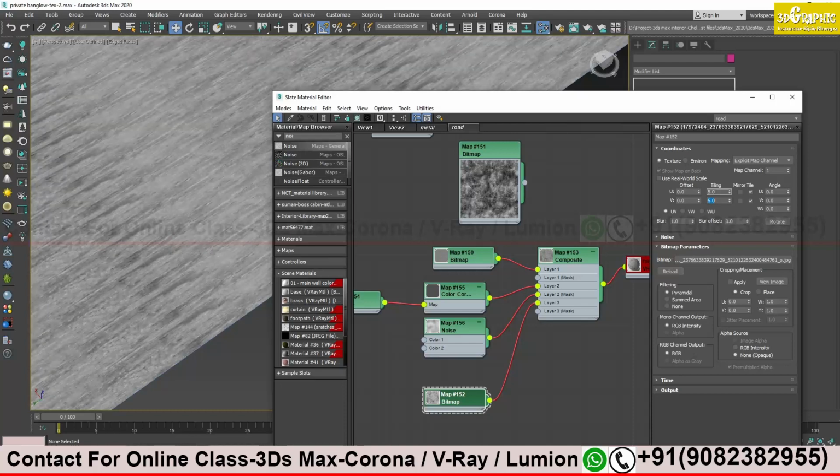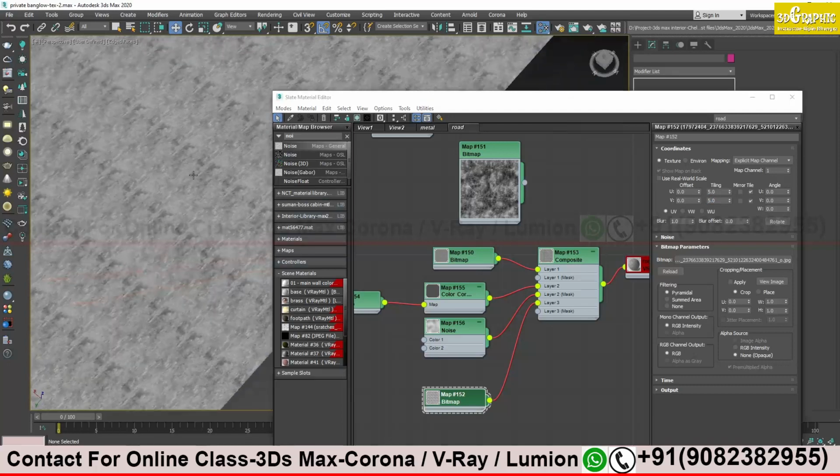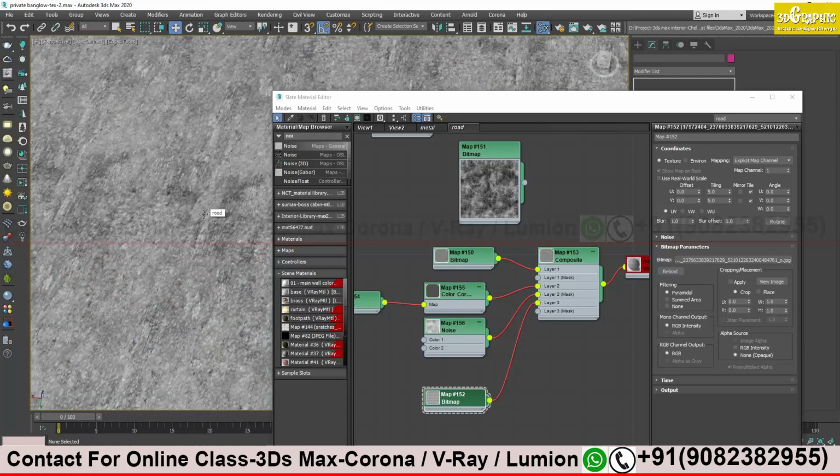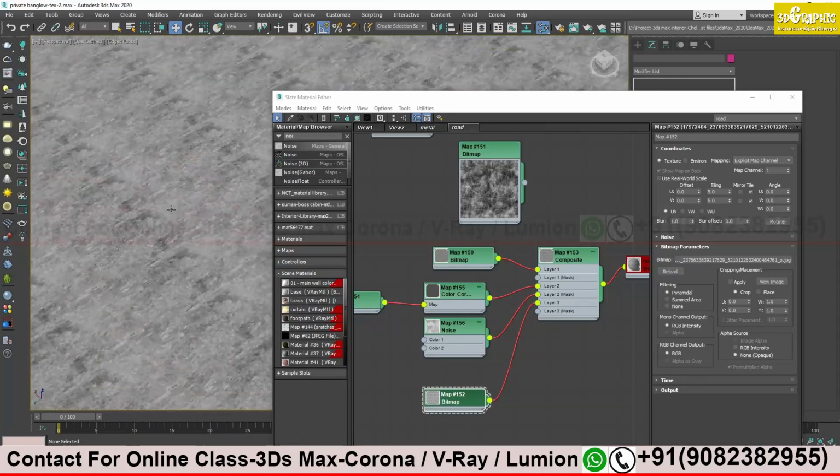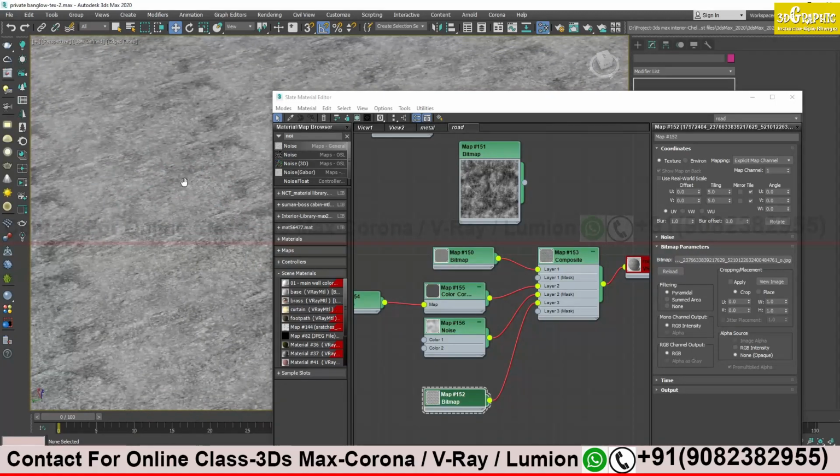I think the system is not able to work properly. No, it's not working properly. I think I need to reduce the tiling. If I increase the tiling, it is coming like that.